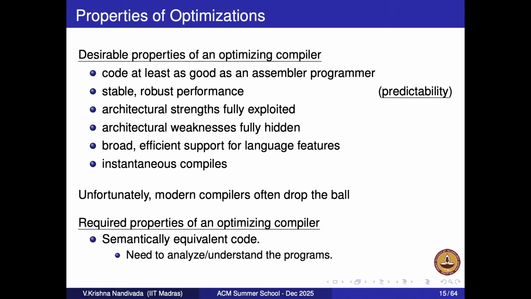Can you give an example? The question is, in general, we want the optimization to generate code such that the original code and the generated code have the same output. But I'm saying there are times when they say it's okay if it is not exactly the same. 80% same, 90% same. Chalega.